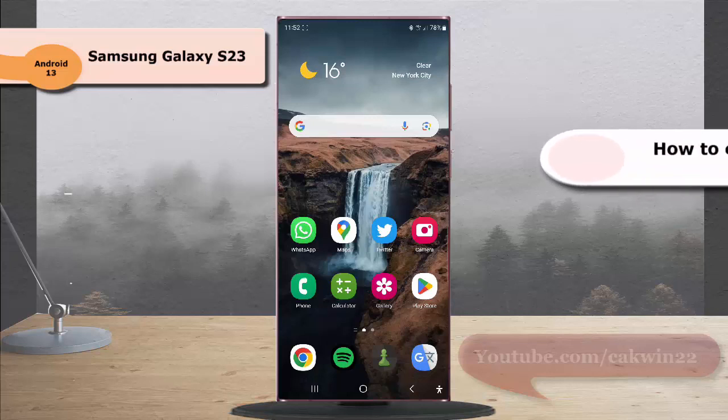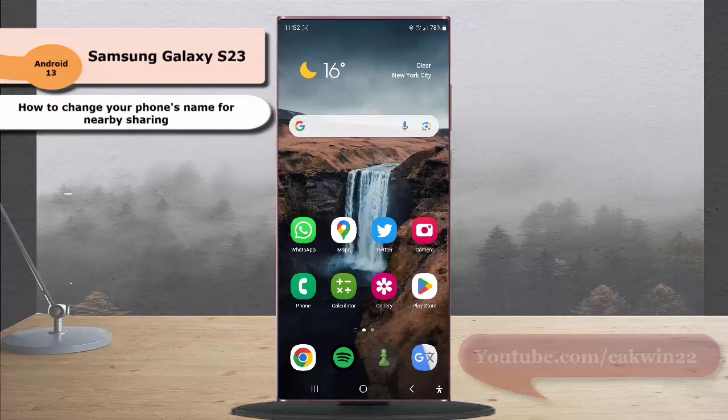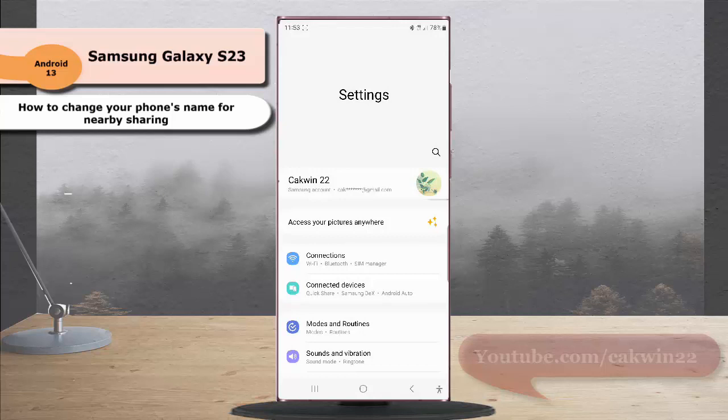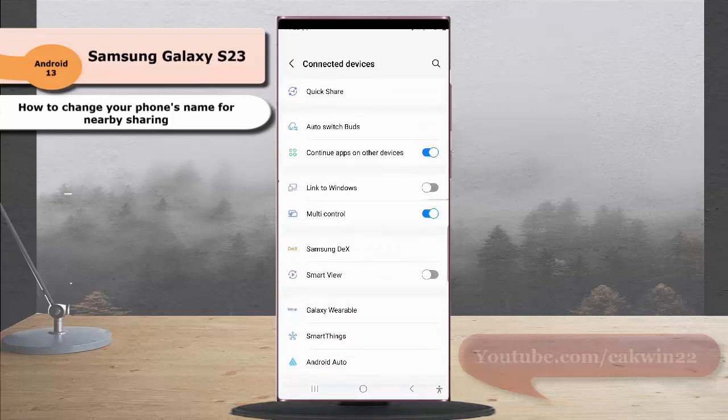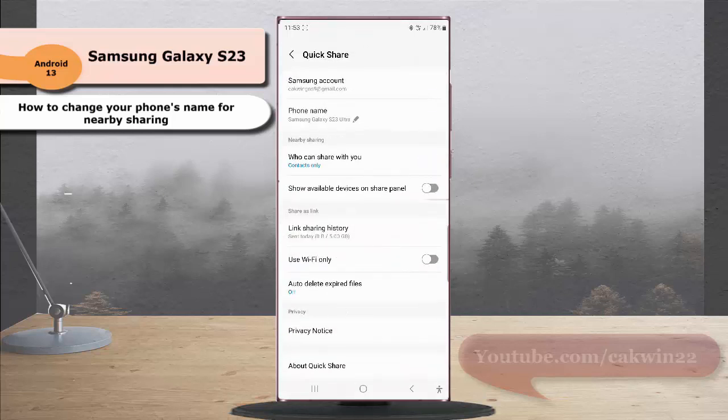To change your phone's name for nearby sharing in Samsung Galaxy S23 Ultra, swipe down the top of the screen and then tap setting icon, tap connected devices, and then tap quick share, tap phone name,